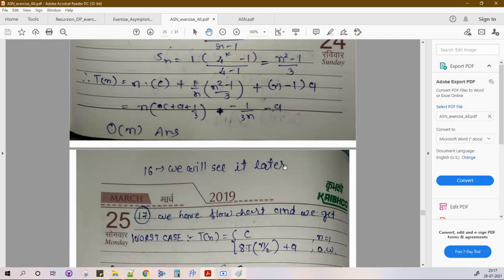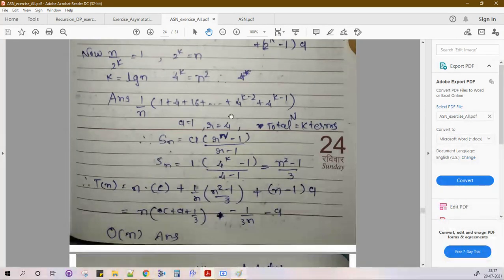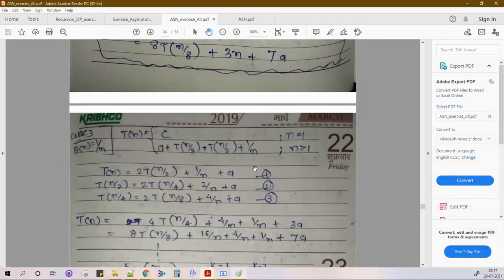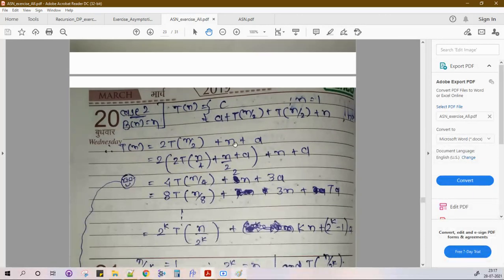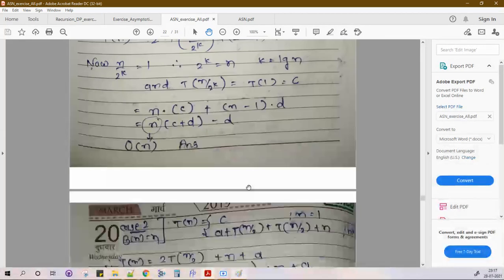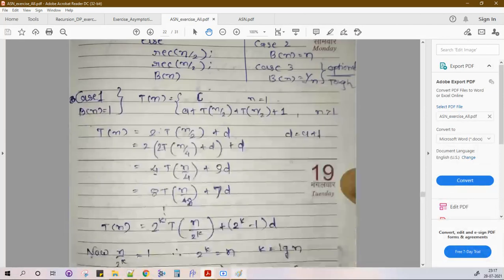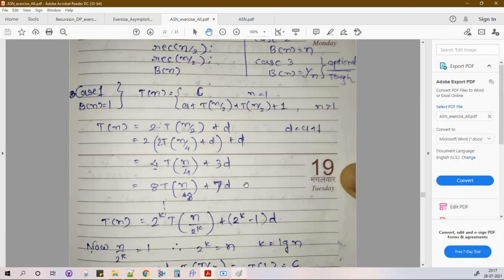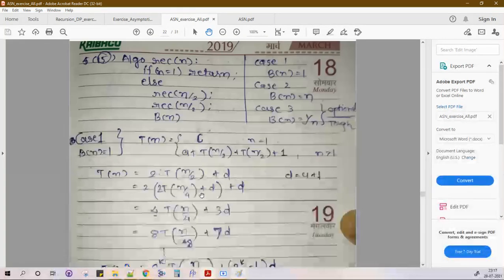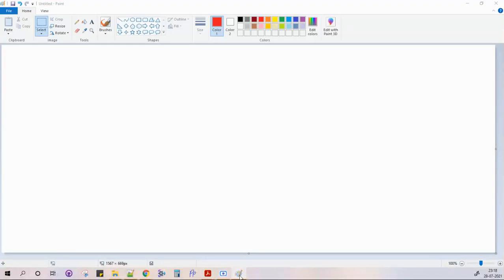And mostly at the end it is order of n, because sometimes it is a log n kind of thing, but this is a different case. See, this equation is the same as merge sort. Okay, where were we? This we solved, right? n by 2, n by 2, 2k, order of n. Okay, so this is done now. No, sorry, this is not done. Where were we? I just completely forgot.